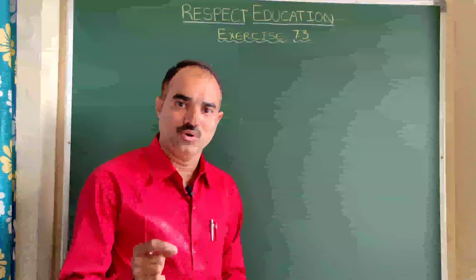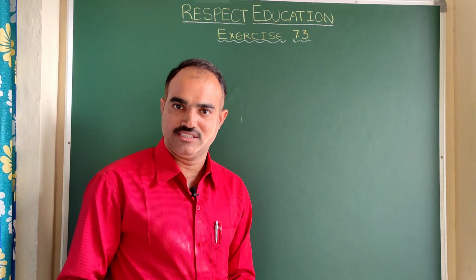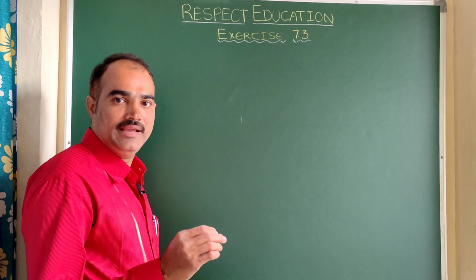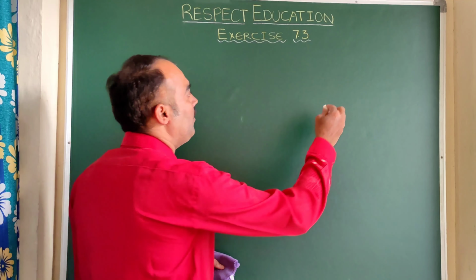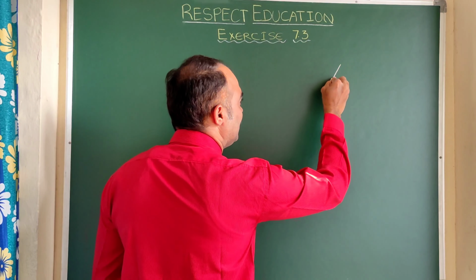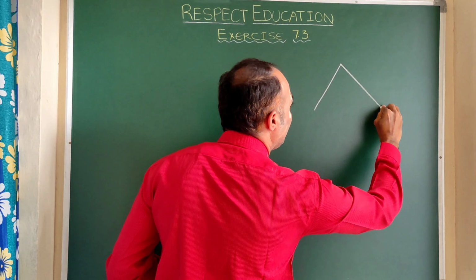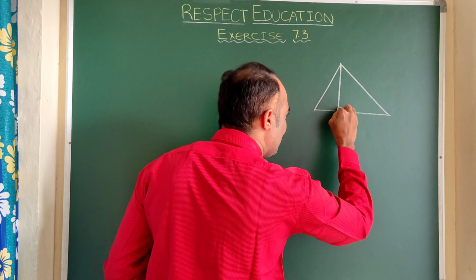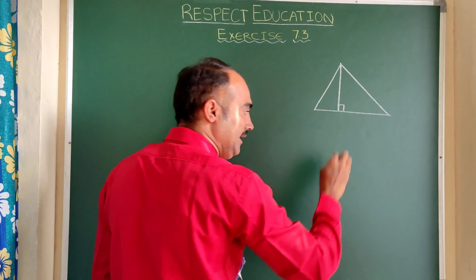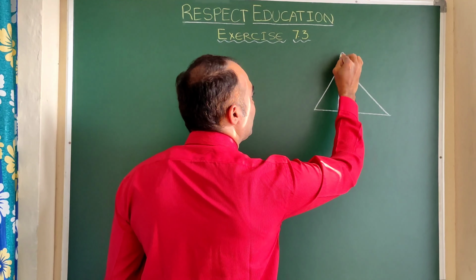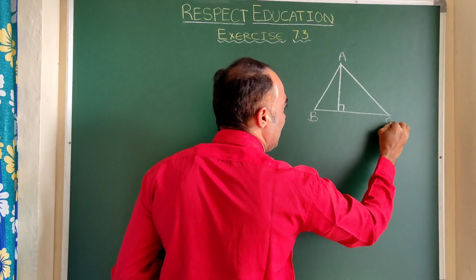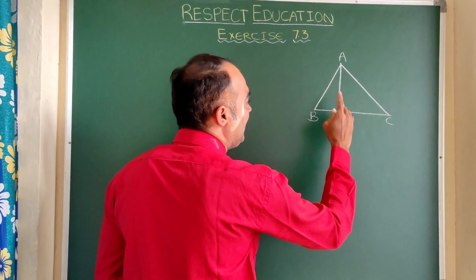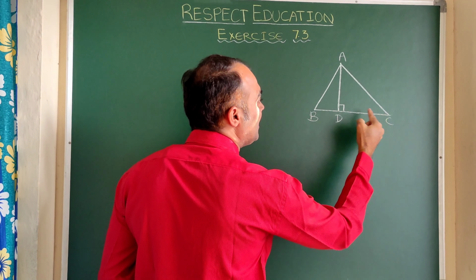Now we are going to see an important concept, that is, finding the area of a triangle. You might have seen so many times that for finding the area of a triangle, if you draw an altitude, it is also called height. Let us label this triangle as ABC, in which AD is the height. When there is height, immediately you can guess this BC as the base.